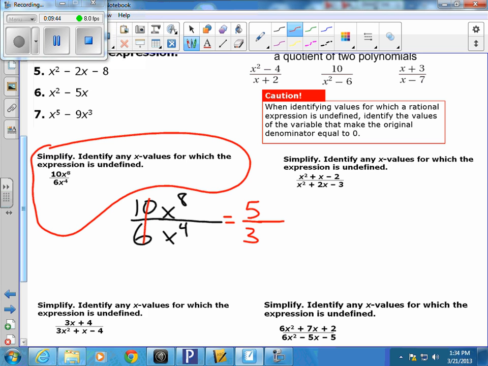x to the 8th over x to the 4th. When you divide common bases, like x's, you subtract the exponents, 8 minus 4. Now, since we started with the 8 on top, 8 minus 4 gave us 4, we put our answer on top. Or another way to think of it is, where are there more x's? On the top. That's where my x to the 4th will go. Just a simple